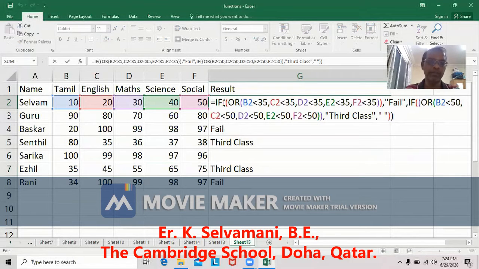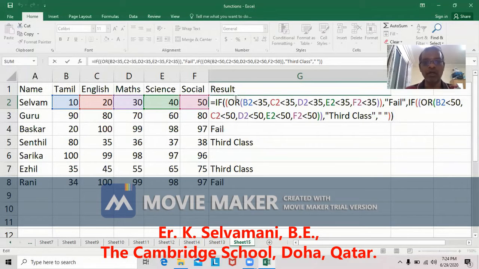Now we'll go for second class. If all the marks are greater than or equal to 50, and in addition to that, if any one of the subjects or more than one of the subjects, the student got less than 60, that means the marks lie between 50 and 60, he is considered to be passed with second class.